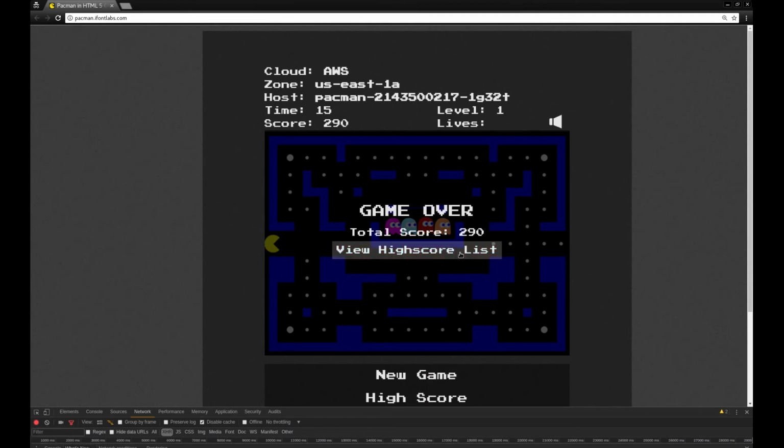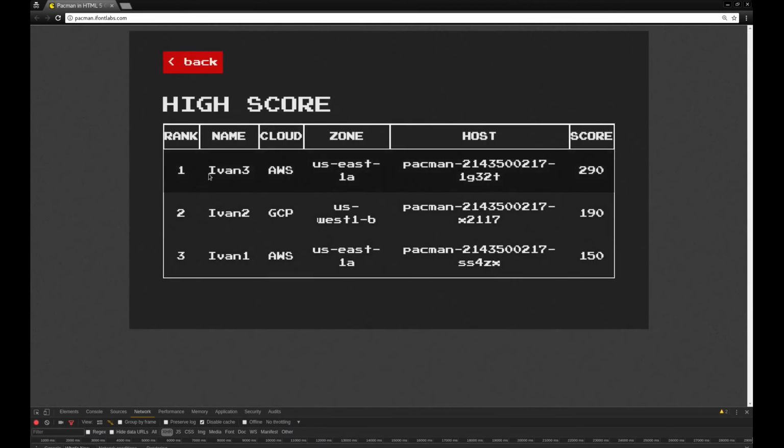Save Ivan3, view the high score, and we can see that Ivan3 running on AWS's cloud with a high score of 290 was persisted, and you can see the other two scores that were previously played, originally from AWS, then to Google Cloud,